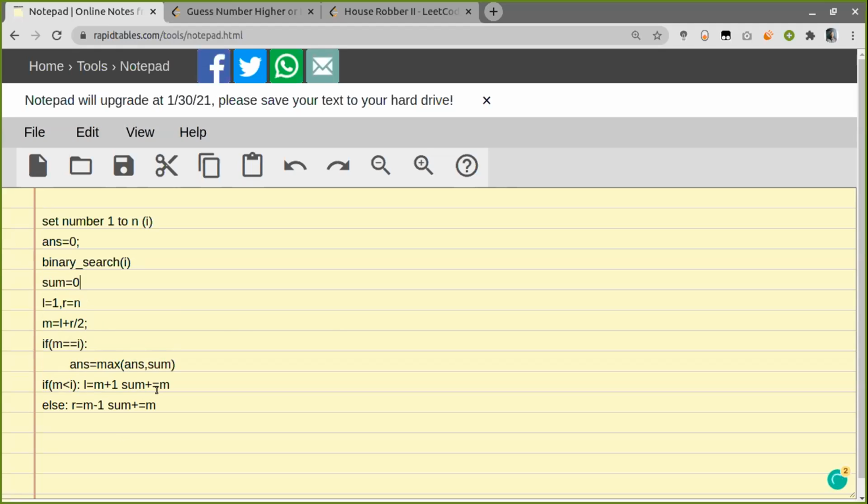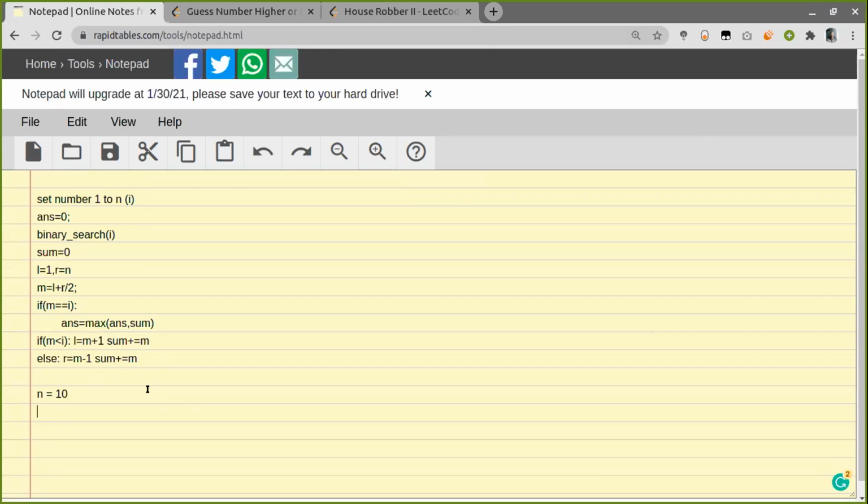and if our guess is correct, then for example, let's suppose the value of n is 10, and let's suppose we have set the value of I to be 5. So at the first step only, we will get the value 5, which is 10 plus 1 by 2. So here the sum value will be 0 and the answer will be 0 only.